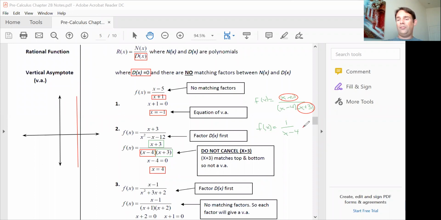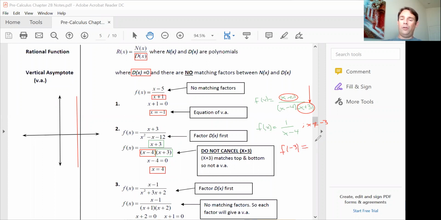I still have to remember that because I couldn't use x equals -3 to begin with in the original function, when I cancel it out, that still is going to be true. I still can't use x equals -3. Even though it's no longer a factor in my new denominator, it was a factor in my original denominator. And since it was a factor in my original denominator, I have to make sure that I still don't use that value. Now, if you notice this new function, if I were to plug -3 in there,